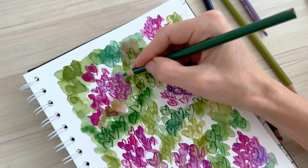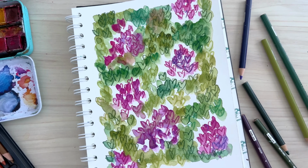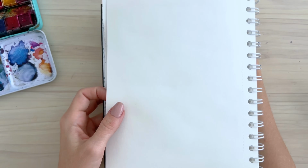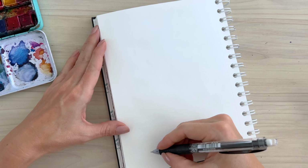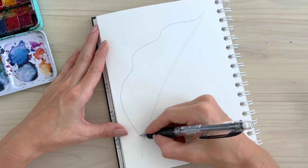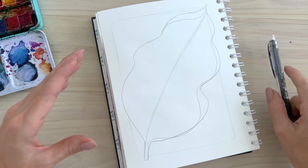It was a fun exercise, and I think I want to explore the idea of using hearts as texture more. Now, final page of the day, so I know for sure this is number 10. Yay! This one is a very simple one, but I think you can really elevate it, maybe even on canvas with gold leaf. I drew a large leaf, no reference really, just making it up, and a rectangle surrounding it